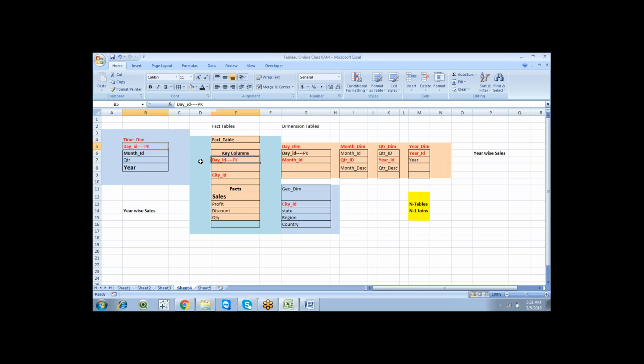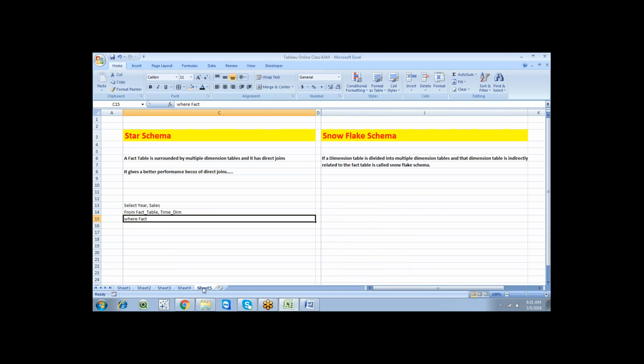This is one particular join, based on which we get a result. Fact table dot column name equal to time dimension table dot column name, so day table, day column.